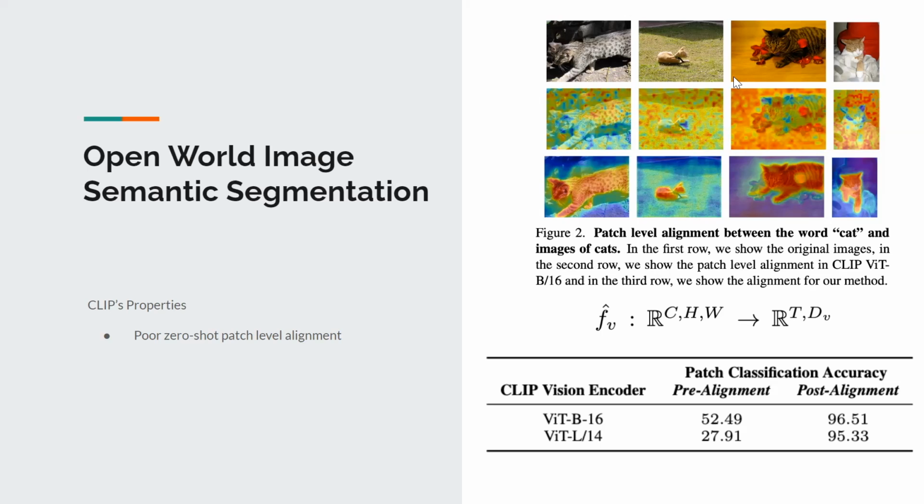So everything is tokens. ViT is a bunch of CLS tokens plus all the patch tokens. Very easy, so nothing much to this, but this is an experiment we did. We take all these tokens, which are patch level in an image, and then we run an experiment to see how good CLIP can classify it. And you can see that it's actually not very good. This is our method, which I'm going to introduce later, but this is what CLIP does.